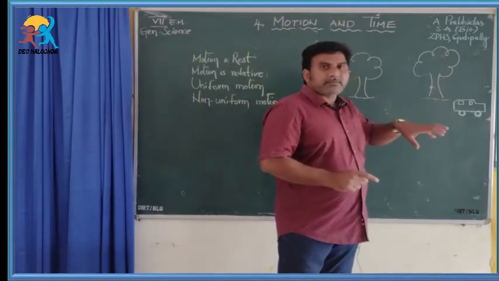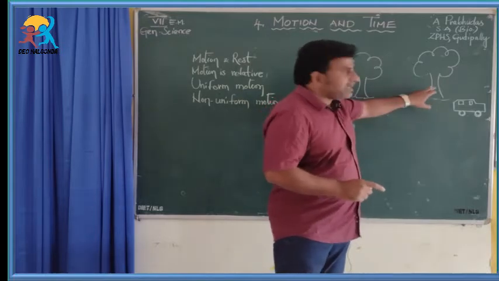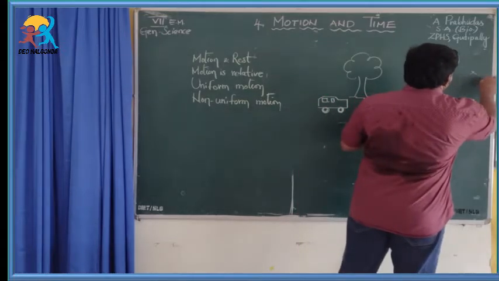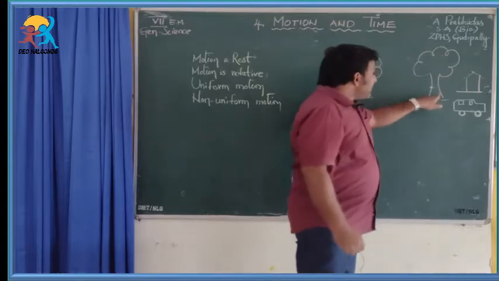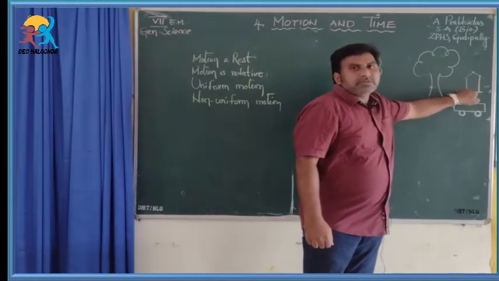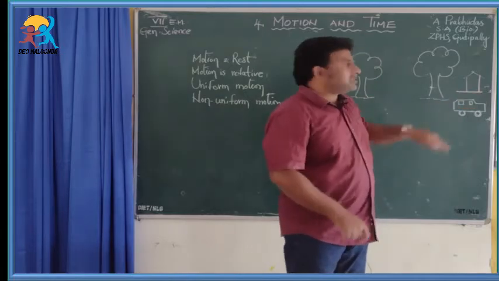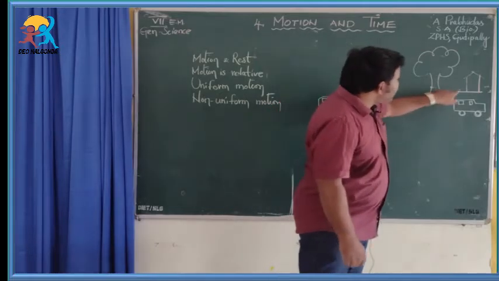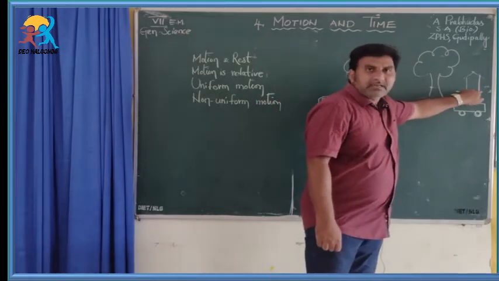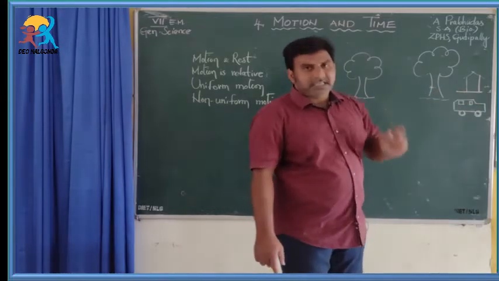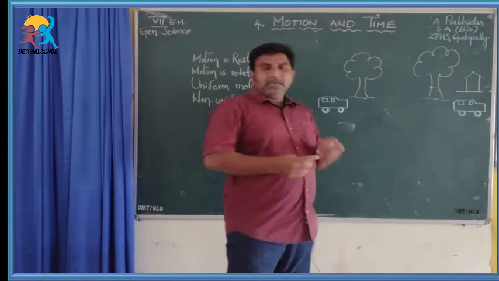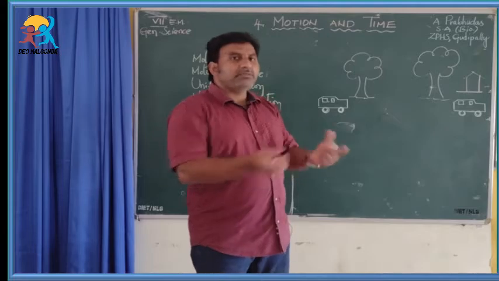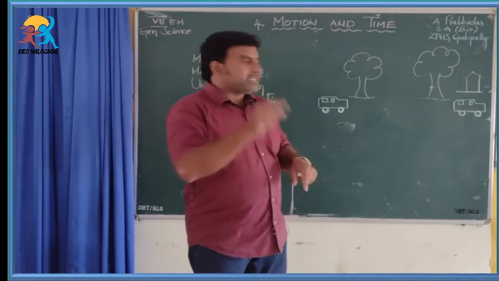This tree remains the same anytime with respect to its surroundings. For example, if there is a big building near the tree, the position of the tree does not change with respect to the building. So, we can say that the tree is at rest because the position of the tree with respect to a building or a house near it does not change. So I can define a motion is a phenomenon in which the position of a thing changes with respect to the object in its surroundings.